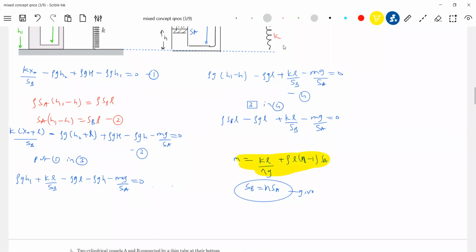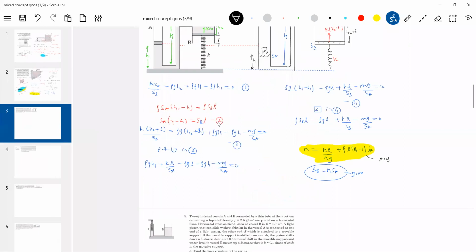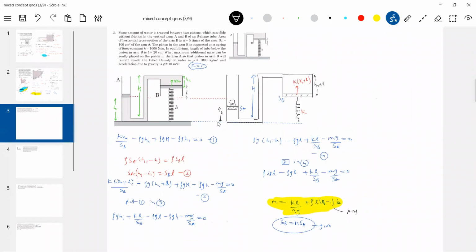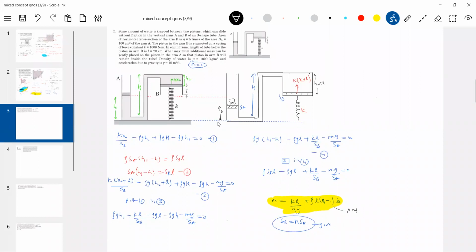Manometric equation. I don't think there is anything very big with this problem. It's all about writing the manometric equation. In fluid mechanics I'll bring problems where a spring also comes in. You will be in a better position to write them, because once you are able to write pressure, I'm pretty sure you can manage.